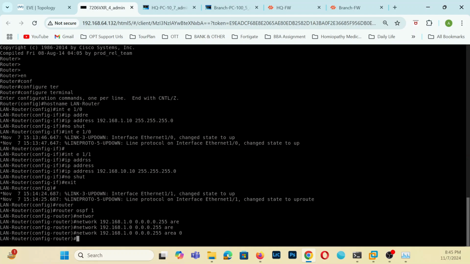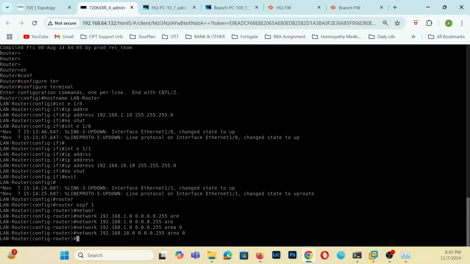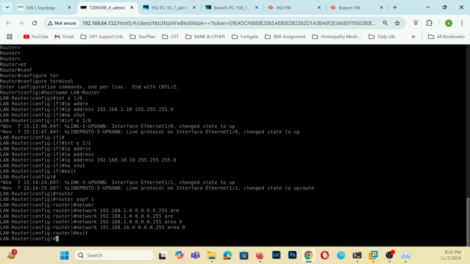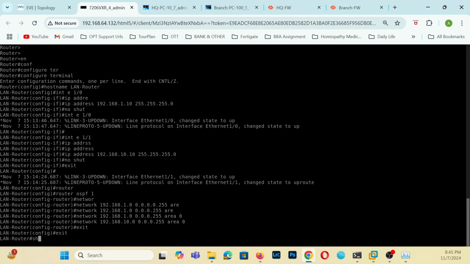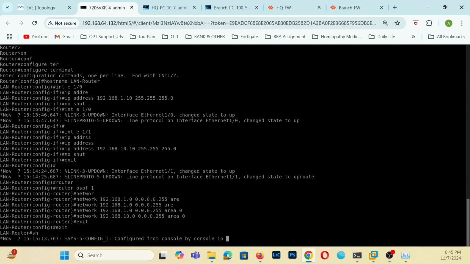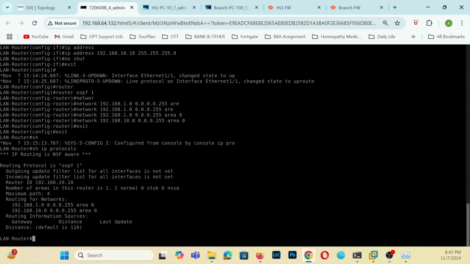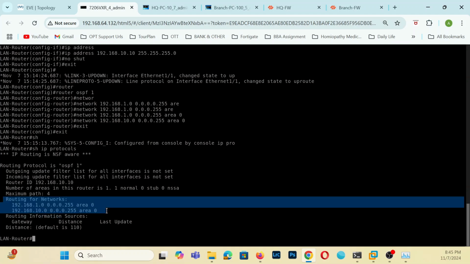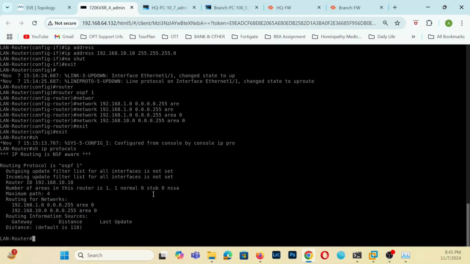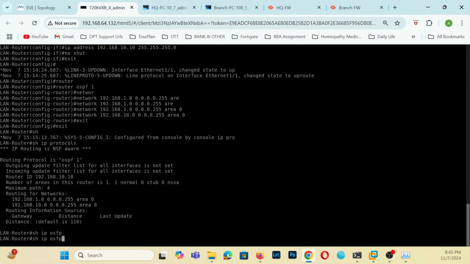Area 0, and then you have to give the other subnet to area 0. Now you can check with show IP protocols, so you can check that these two network ranges are in this OSPF. Then show IP OSPF